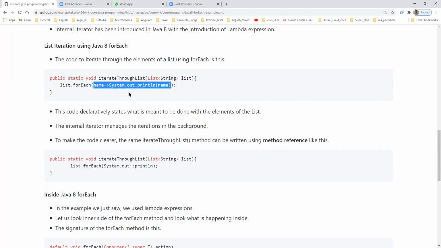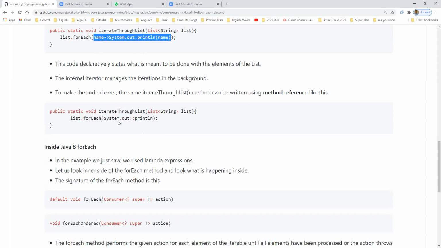We will see examples using both. So these are the two ways we can traverse and print the list, using lambda expressions as well as method references, with Java 8 forEach.